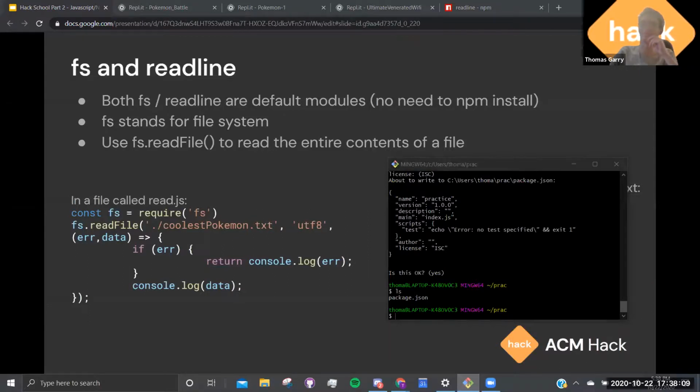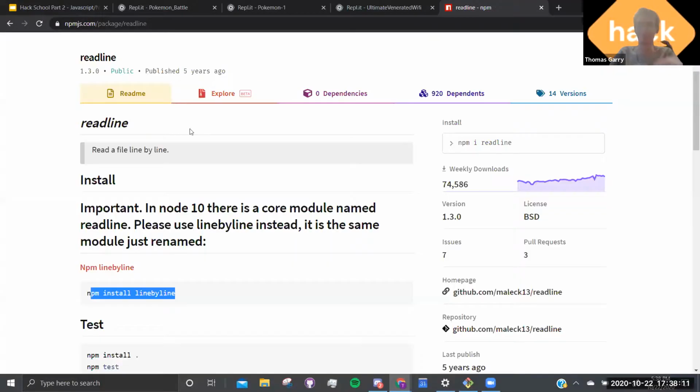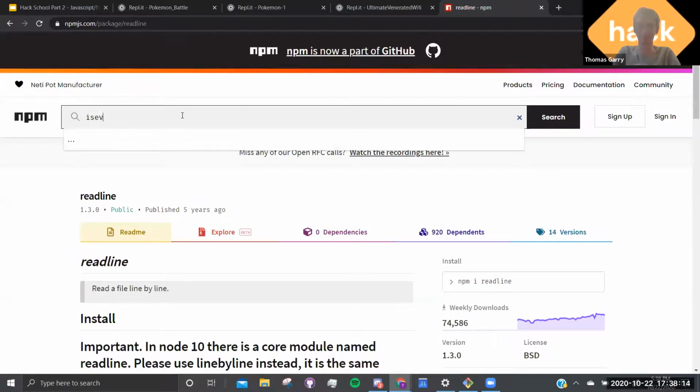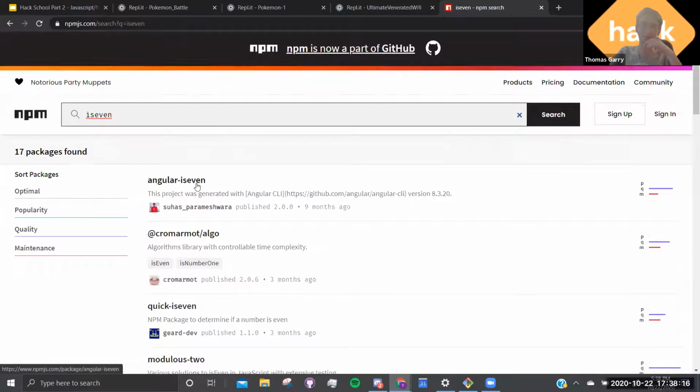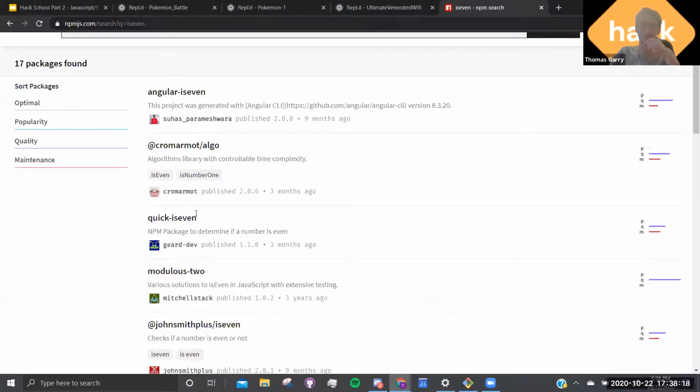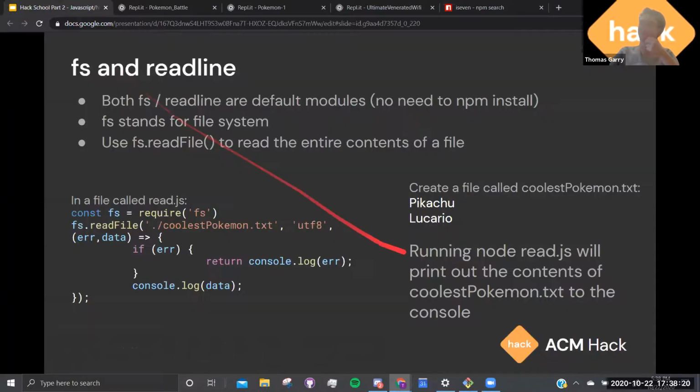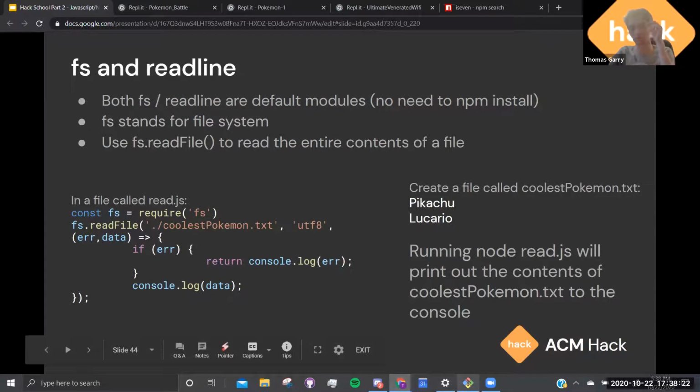Yeah, that's a very funny one. Is that actually public? Oh, sure it is. Yeah, Angular is even. Modulus 2. There are some funny packages, but anyway,